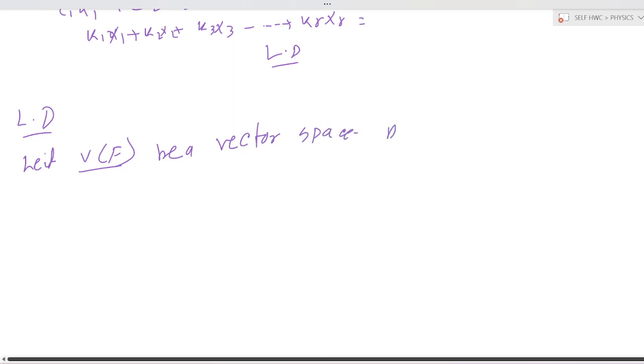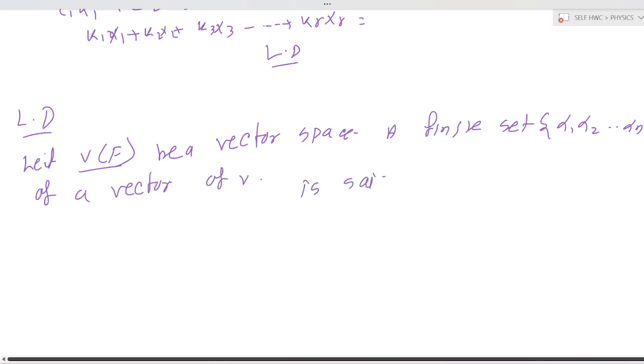A finite set, alpha 1, alpha 2, dot, alpha n, of vectors of V is said to be linearly dependent, LD,